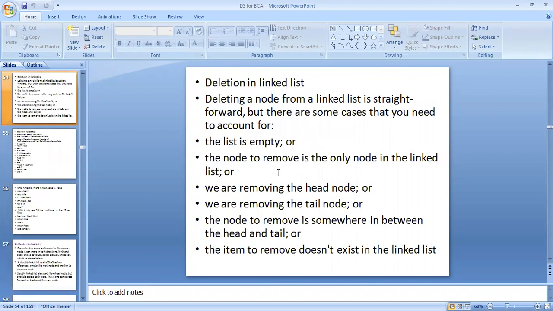Then deletion in linked list. Deleting a node from a linked list is straightforward, but there are some cases that you need to account for. The list is empty, or the node to remove is the only node in the linked list.